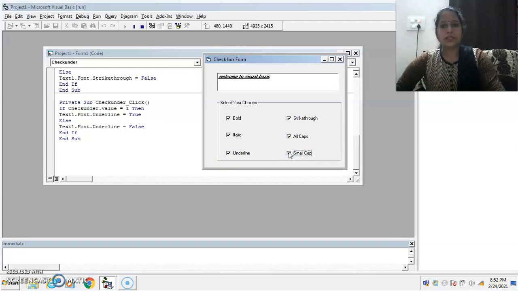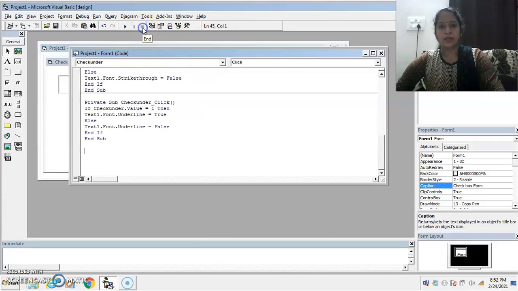Now you see on the screen that all our checkbox controls are working very well. And as I said earlier, we can select multiple choices in the checkbox control, because checkbox controls work independently of each other. I hope you understand this program very well.